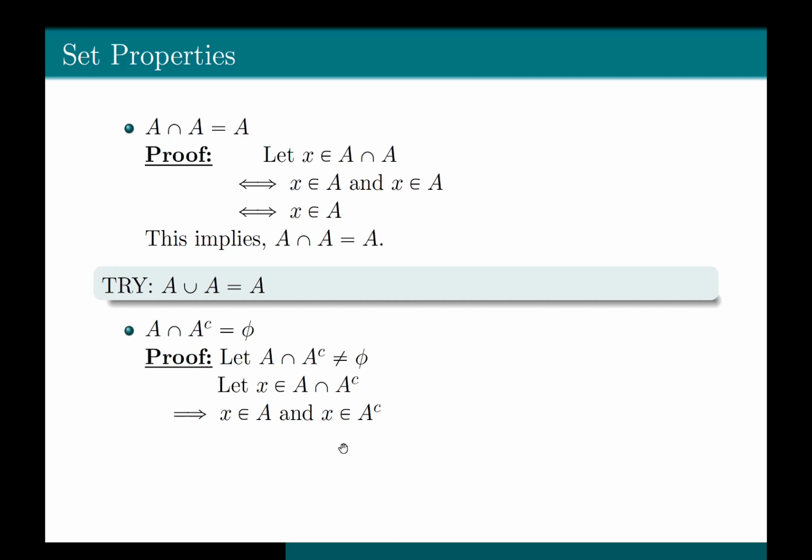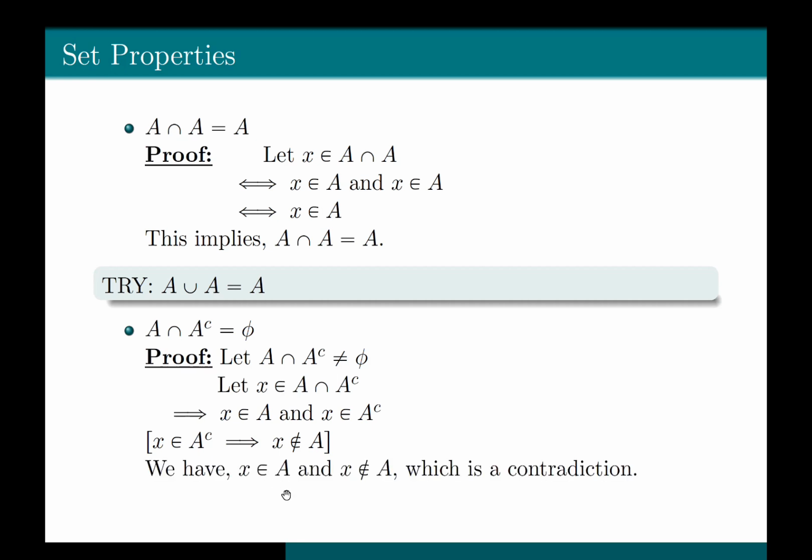Now look at this statement: X belongs to A and X belongs to A complement. Let's try to understand the meaning of X belongs to A complement. What is the definition of A complement? A complement contains all the elements from the universal set that are not in A, which means X in A complement implies X does not belong to A. Now, what does it mean? It means that X belongs to A and X does not belong to A,